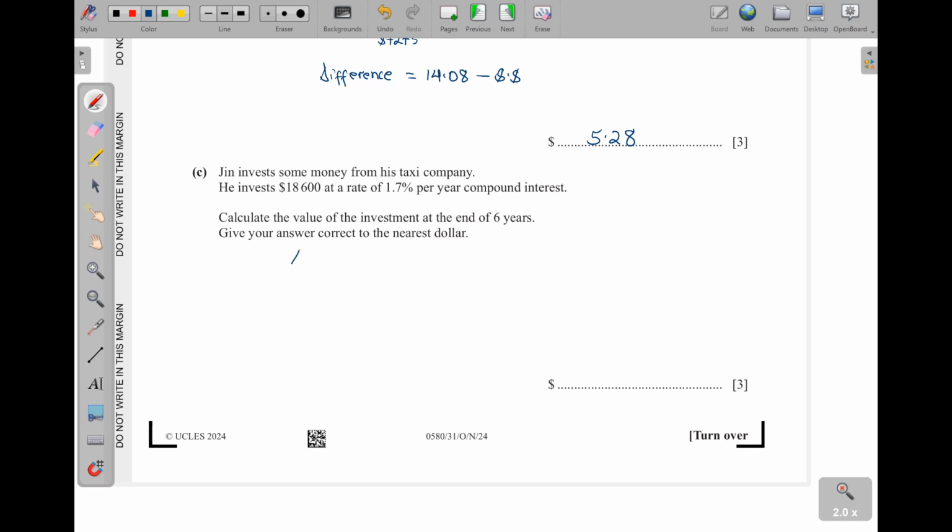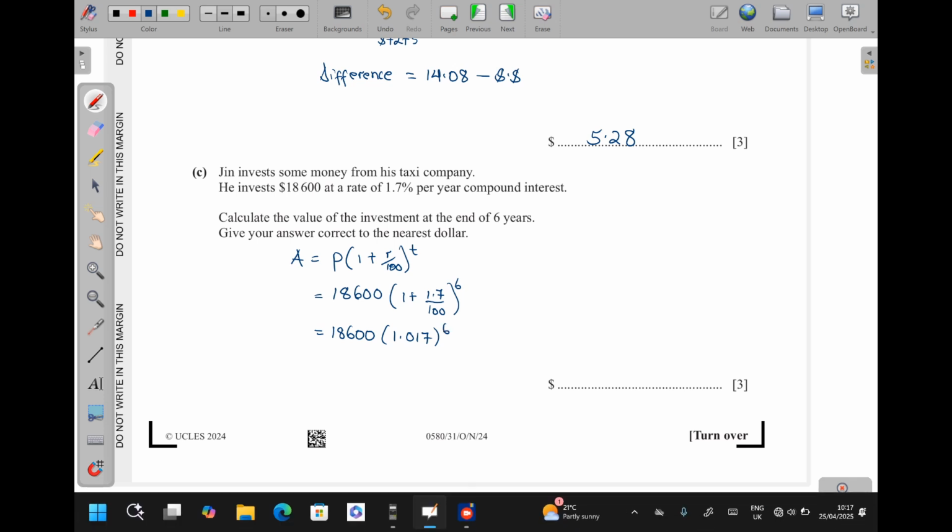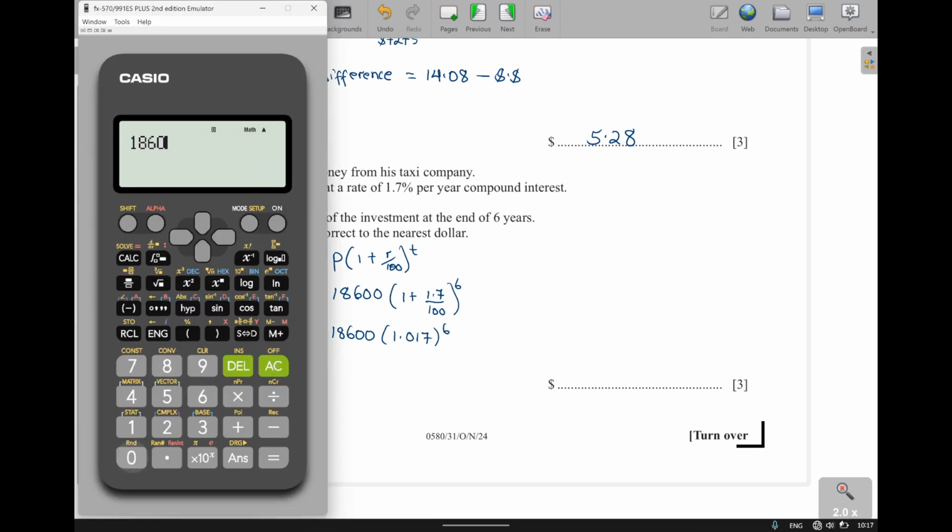So we know that amount is equal to P into 1 plus R, okay, 1 plus R out of 100, then to the power of T. So P is 18600, that is the principal, then 1 plus, this is 1.7 out of 100, then to the power of 6. So this will be 18600. This one will give us 1.017, then to the power of 6. So I put this one in the calculator here. I'll have 18600 into 1.017, then to the power of 6. That one will give us